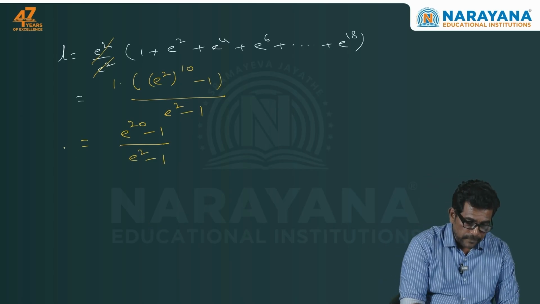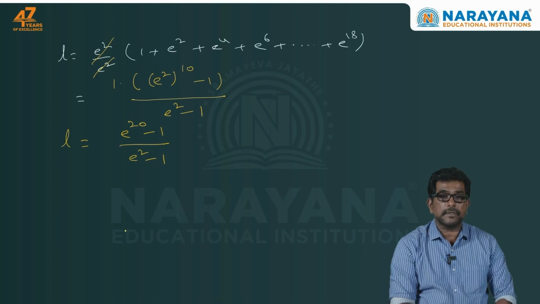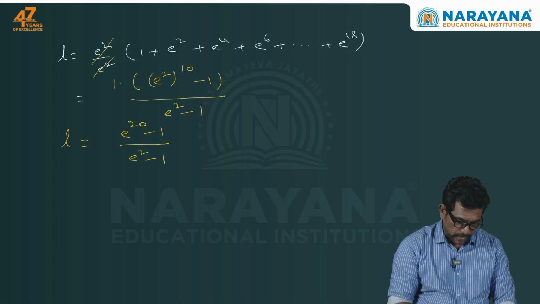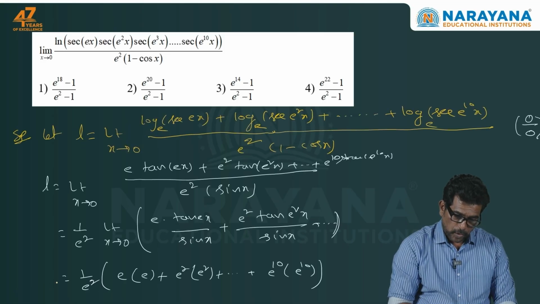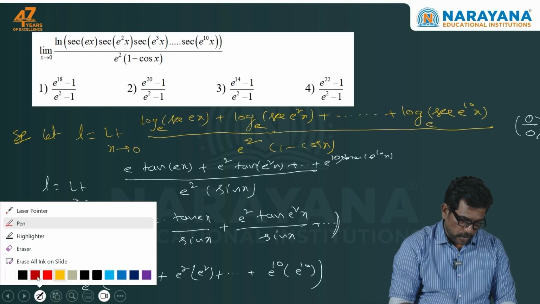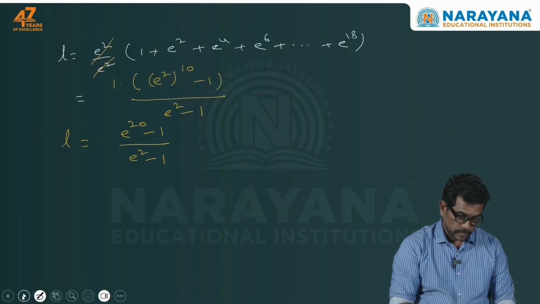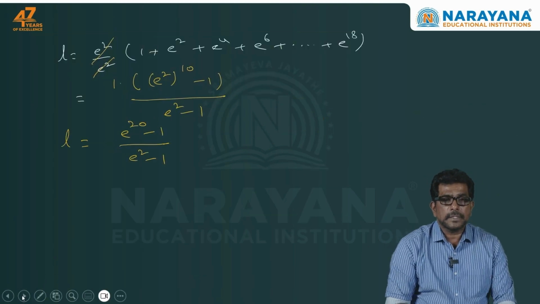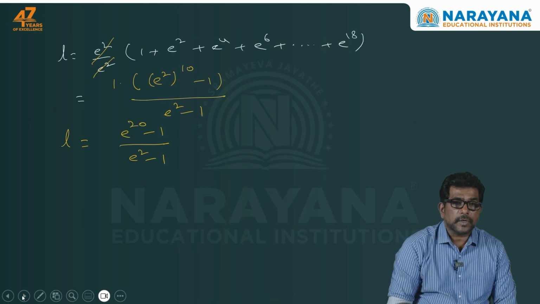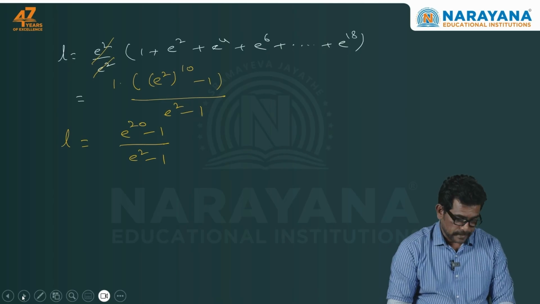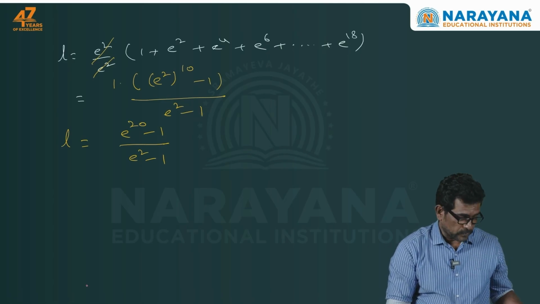So the given limiting value L is equal to e to the power of 20 minus 1 upon e square minus 1. That is, the second option is right. The level of the problem is average. It is a moderate problem. It takes hardly 2 minutes. Next